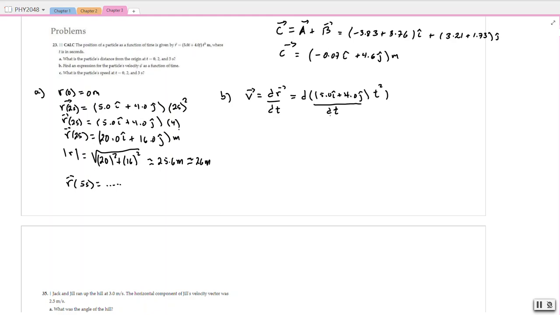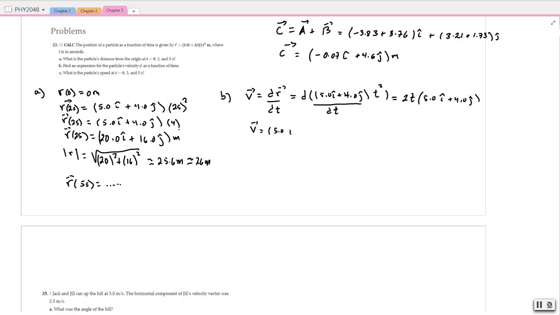So we have dt, right? We're going to get here what? Of course, the derivative of t squared with respect to t would be in this case just 2t. So we're going to get 2t times 5.0 i plus 4.0 j, right? I would then multiply by 2, so we get that my velocity, and I will just rearrange my factors, my velocity would be